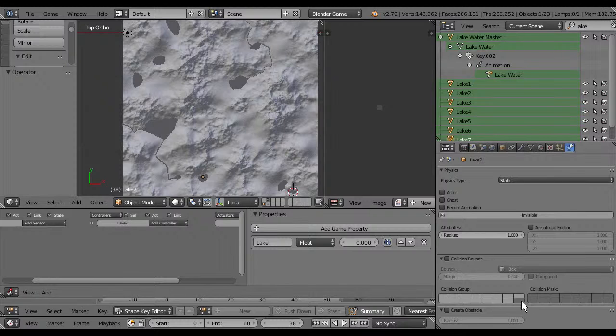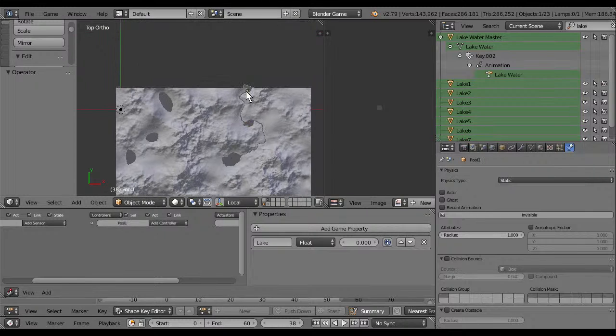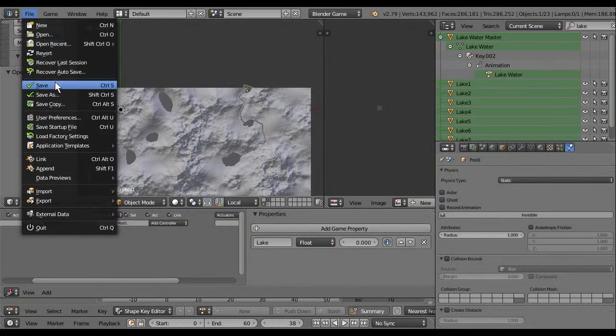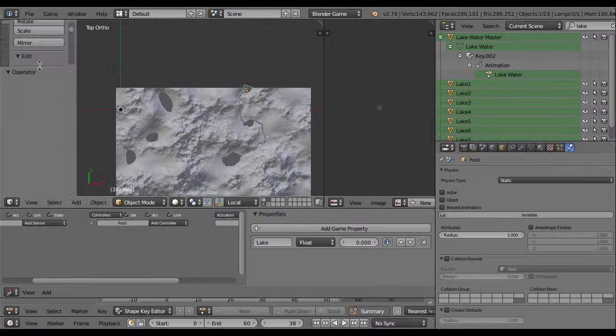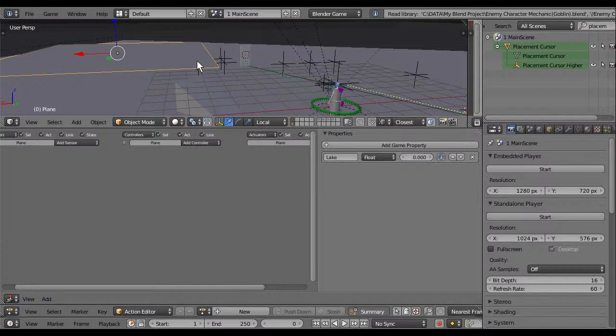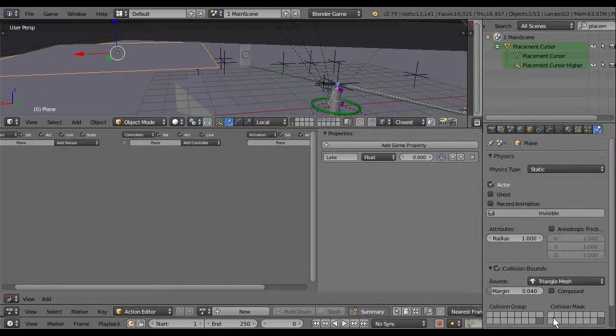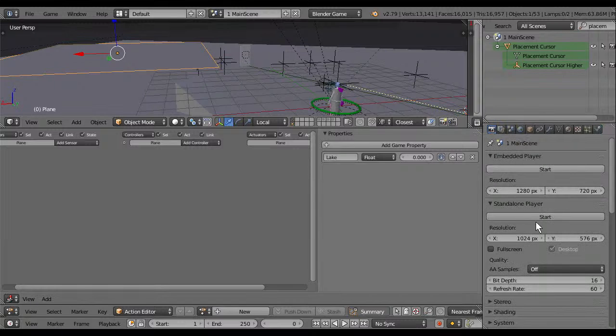This one or this one, I forgot. I guess this is the same one. Yes, it is.